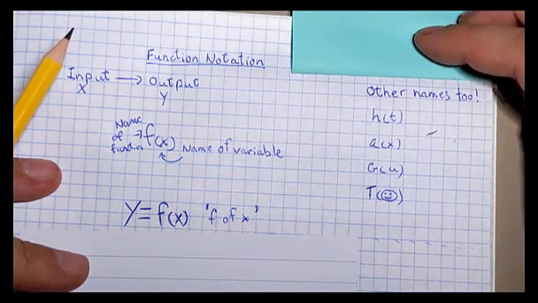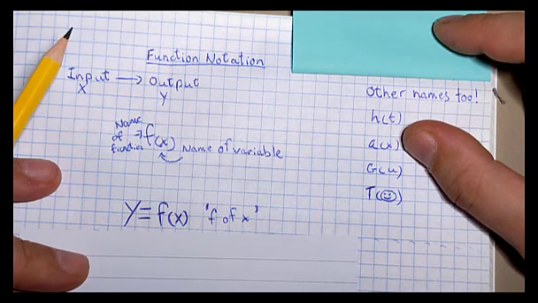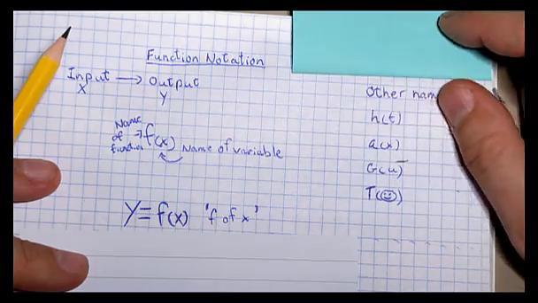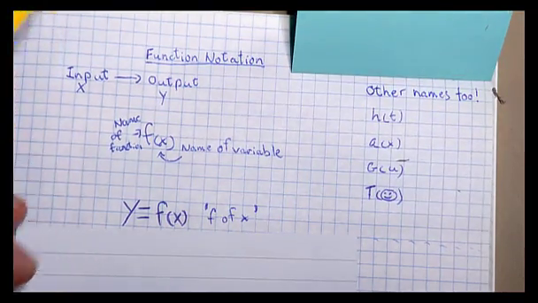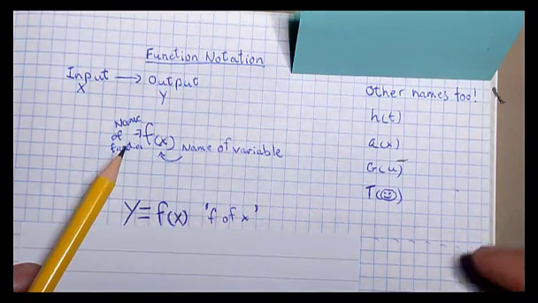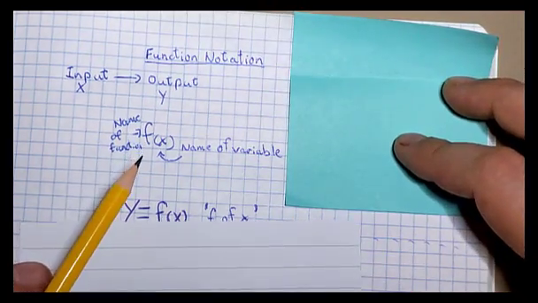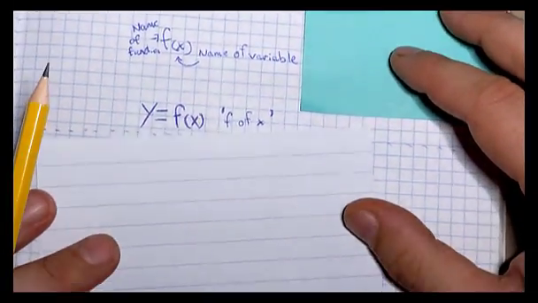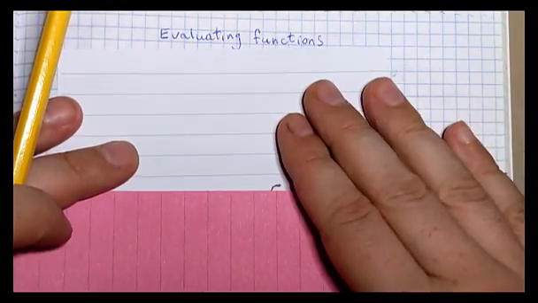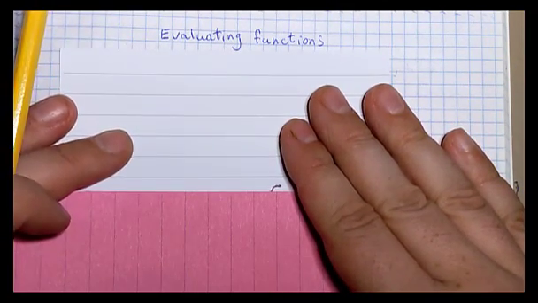But there are other names that are good too. We can have h of t, a of x, g of u, t of smiley face. The letter on the outside is the name of the function, and the letter or symbol on the inside is the name of the variable. Now, with these functions, we can evaluate them. So evaluating functions simply means you're going to replace the variable x with a specific